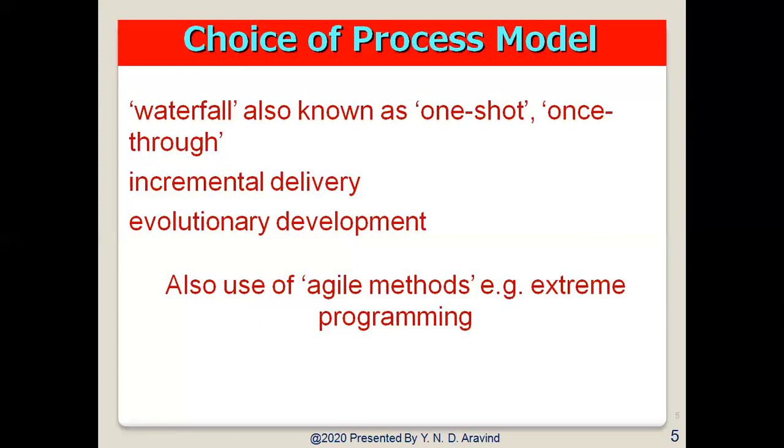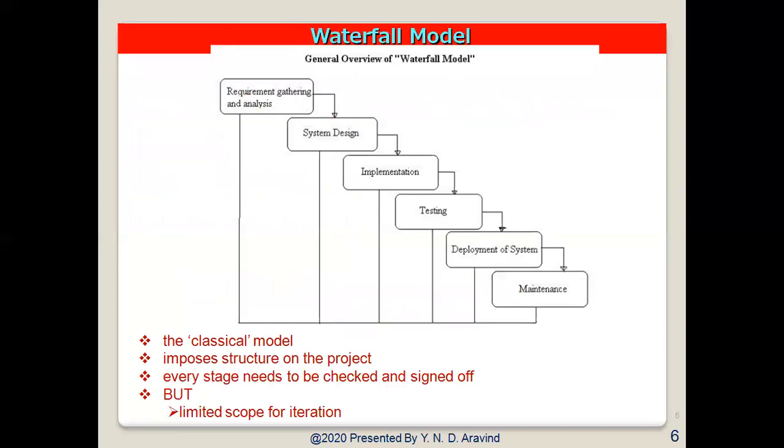In this model, software testing starts only after the development is completed. In the waterfall model, the phases do not overlap. Here we can see the different stages in the waterfall model, and we go from stage 1 to stage 2 only after completing the previous stage. So we cannot come back.